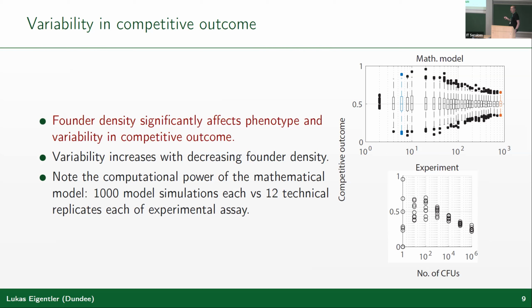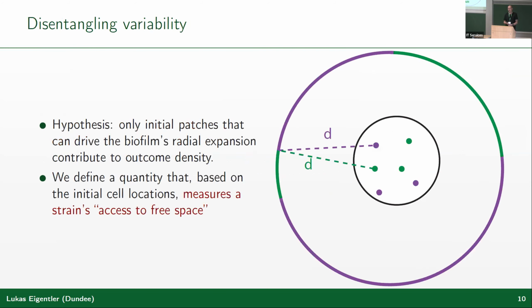And when I say increase in variability, I mean, here you can see that for low founder densities, really any competitive outcome was observed, which still was not very satisfying. So again, we really wanted to get to the bottom of this. And to do this, we came up with this very simple hypothesis that if you take the inoculum, take your microcolonies that you have, the hypothesis was that not every single one of those microcolonies contributes equally to the radial expansion of the biofilm. And the radial expansion bit here is key,